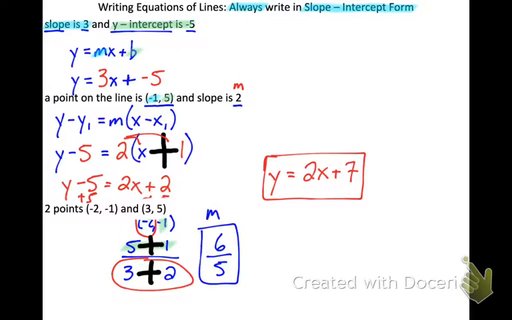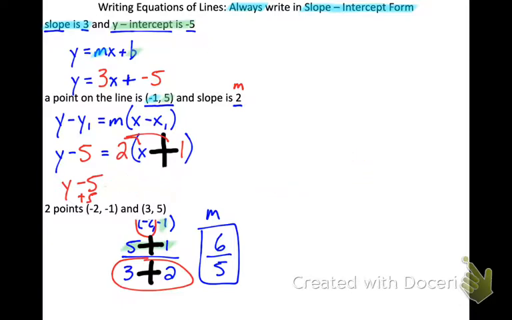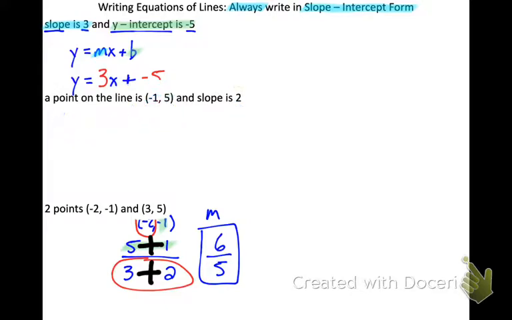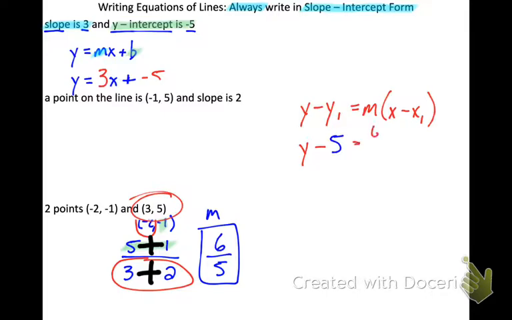And what I want to do is write an equation. I'm going to use the slope, and then I get to choose one of the points. Choose whichever one you think is easier. It doesn't matter which one you use. To me, it seems like it's going to be easier if I use the one that doesn't have negative signs. So I'm going to use the ordered pair 3, 5. So when I do that, I get y minus y1 equals m parentheses x minus x1. And so I go y minus, and then my y coordinate's 5, is equal to 6/5 parentheses x minus,